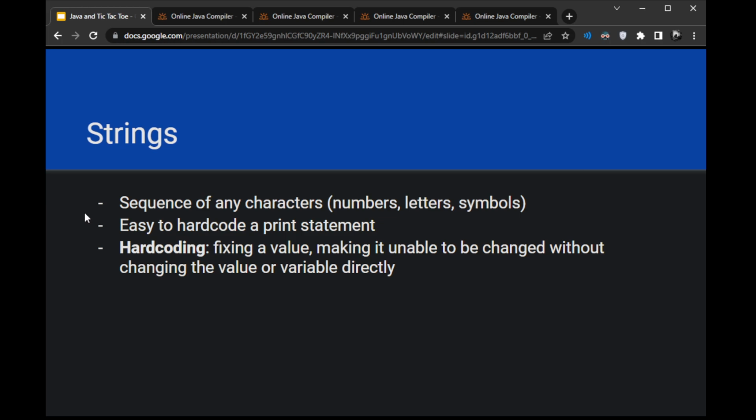A string is just a sequence of any characters, whether numbers, letters, or symbols. When you create a string, it'll be inside of quotations, and no matter if it's a number or a letter, it'll be read as a string character instead of a number. This makes it pretty useful to, quote unquote, hard code how you want your print statement to look. And hard coding is just a word